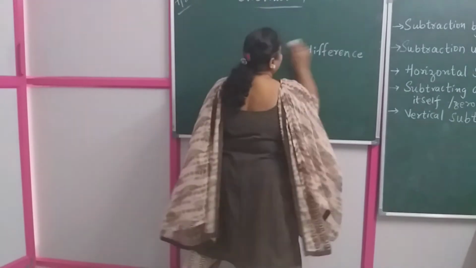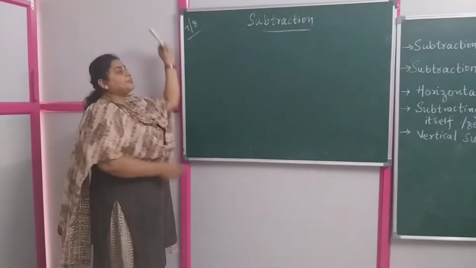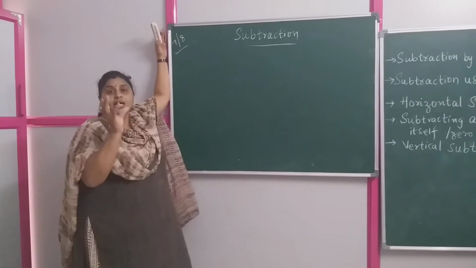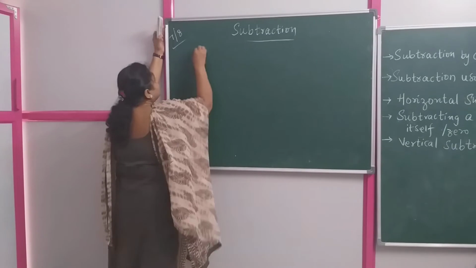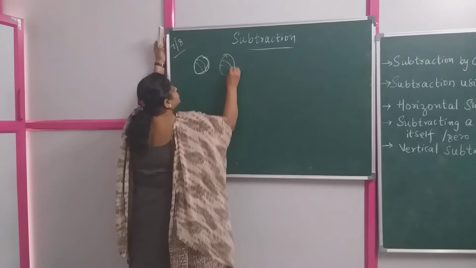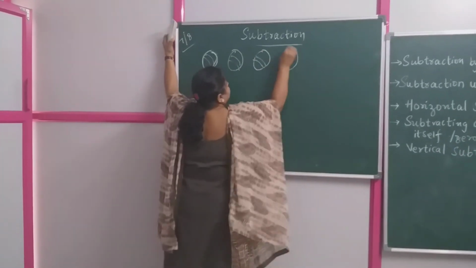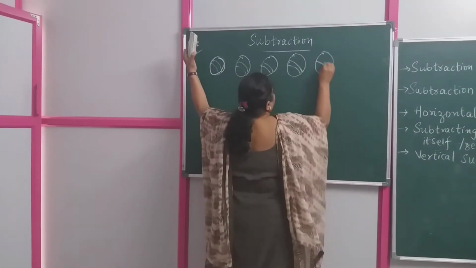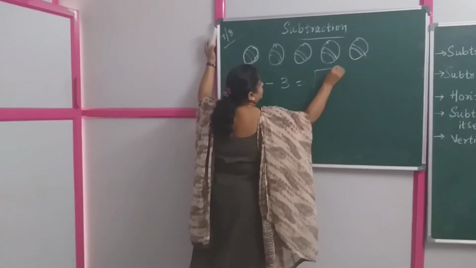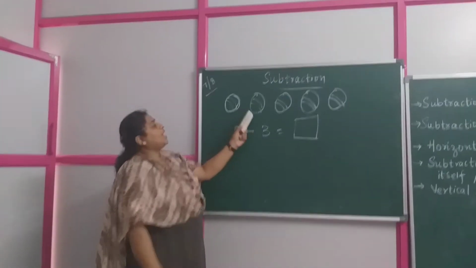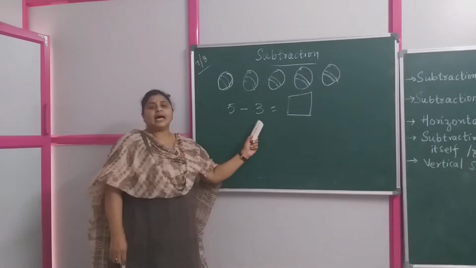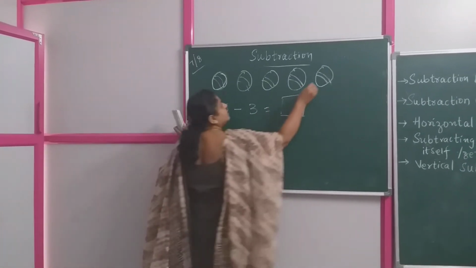So first let us know subtraction by crossing out. In this subtraction process you are using pictures. Just now I have done it. Suppose I'm just drawing the balls children. And I have the numbers. Now how many balls do I have? 5 balls. From 5 balls, how many do I need to strike out? 3 balls. Come on, strike away the 3 balls.